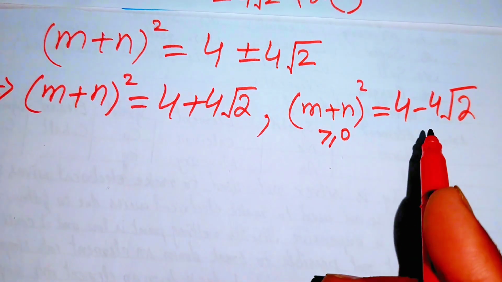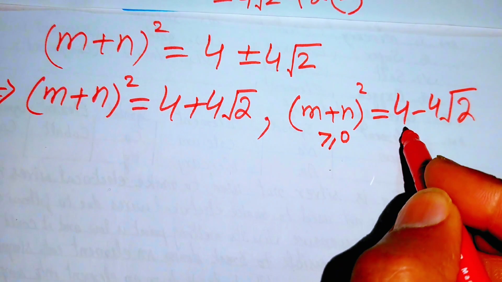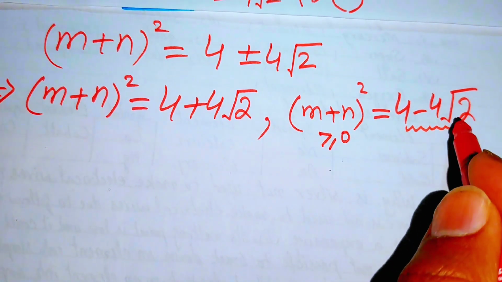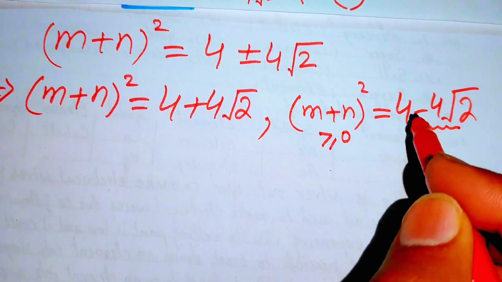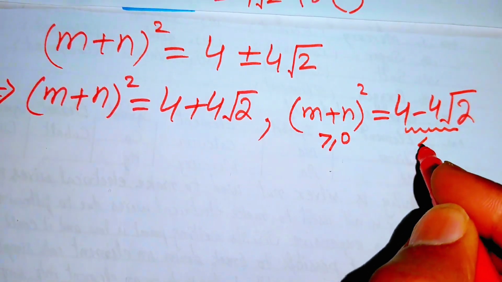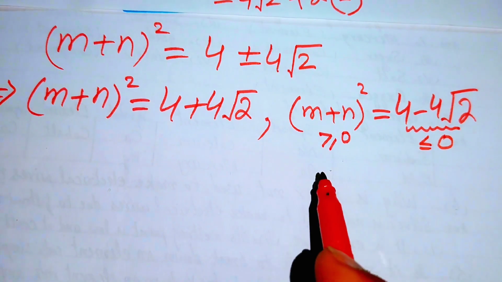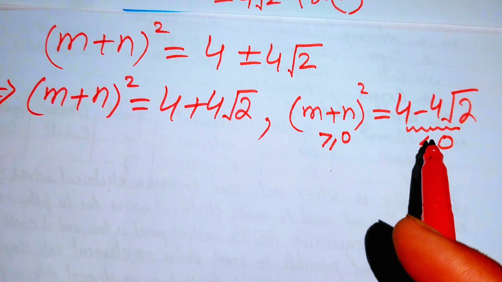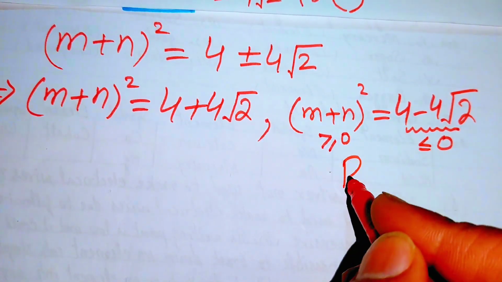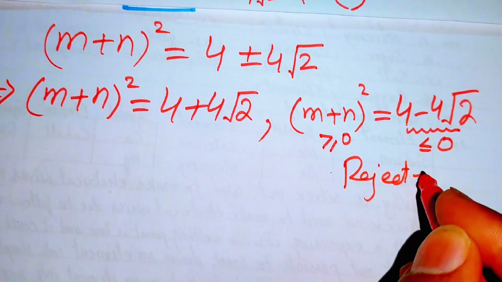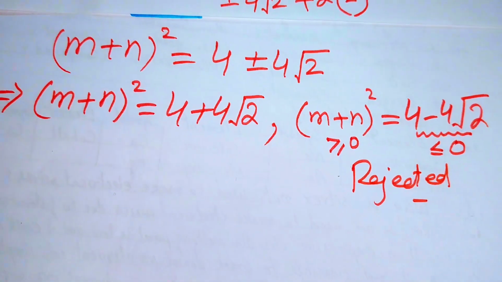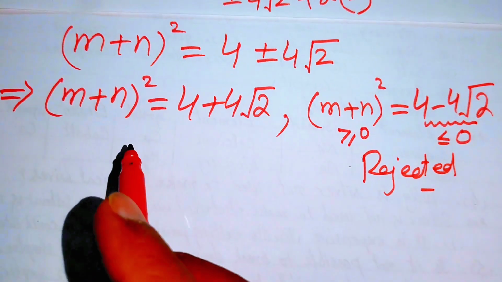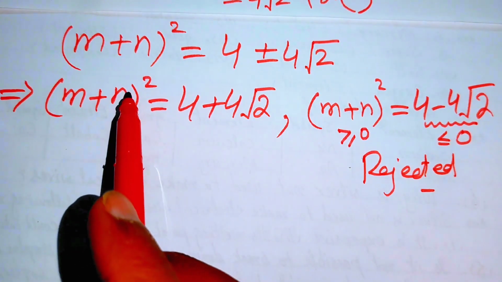And when you focus on the right hand side, after simplifying this expression, you get that the value of this expression is less than 0. So it cannot be possible that the square of two terms equals some negative value, so we reject this case. And here we proceed only with this case, and in this case we need to take the square root